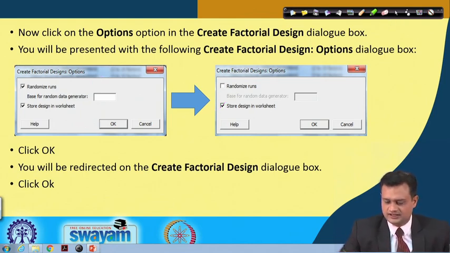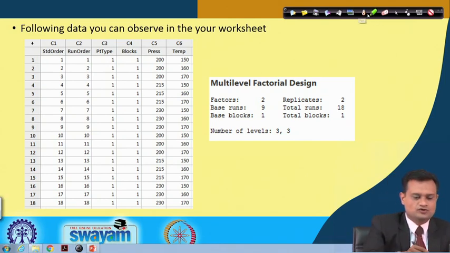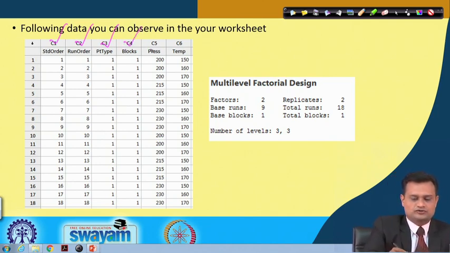Once you have done this, you will have the worksheet something like this. You have C1 standard order, run order, then the point type, the blocks, and the pressure and temperature.